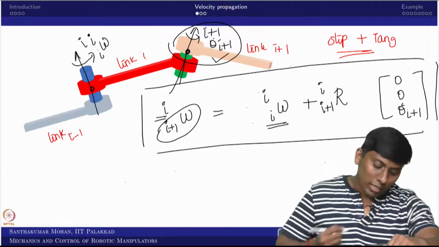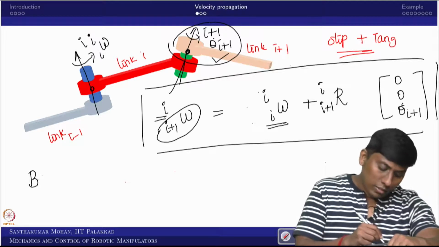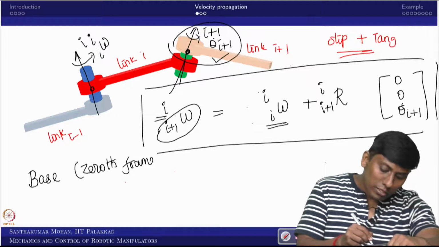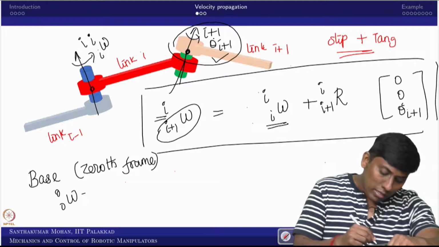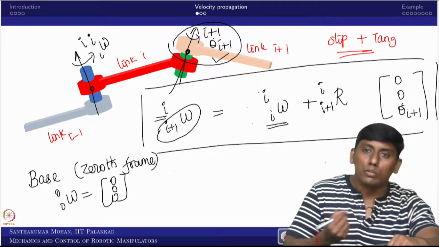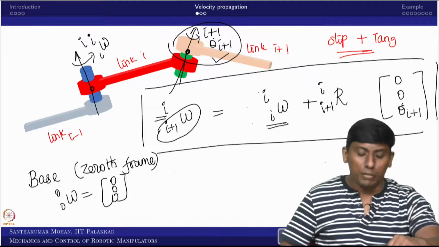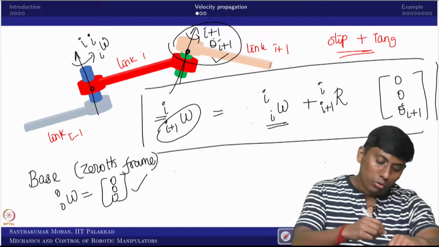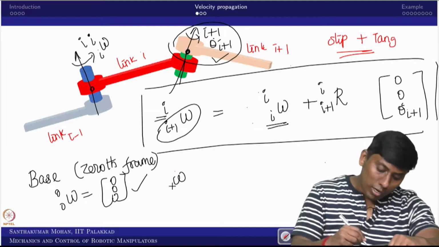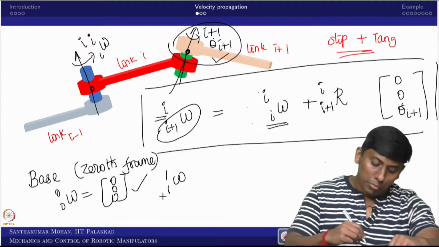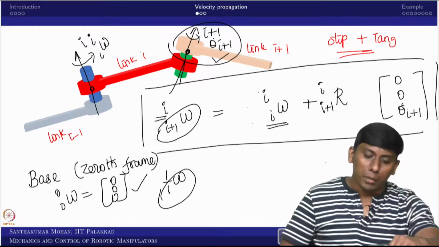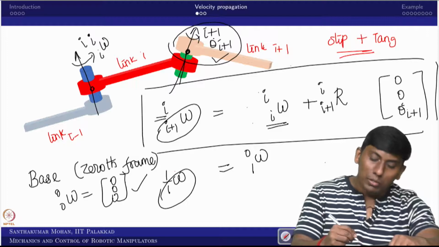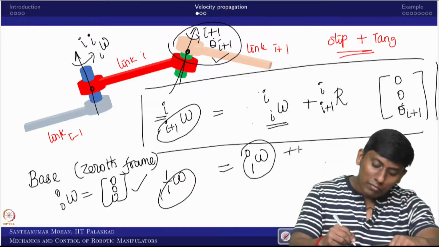But what one can see is that you know the base, or the 0th frame. For the 0th frame, we can always assume that the angular velocity is the 0 vector, or we can assume that it is put on a mobile frame. So you know this angular velocity. So what exactly is unknown? You don't know the propagation, in the sense what omega 1 with respect to 1 is. But we have a relation, omega 1 with respect to 0. Can I convert that with something?